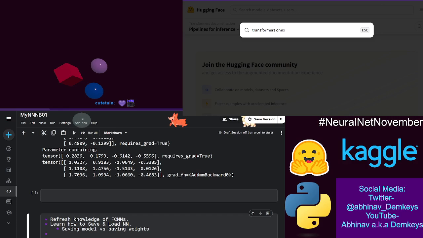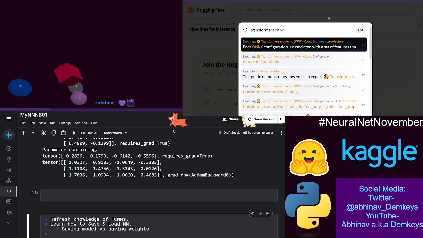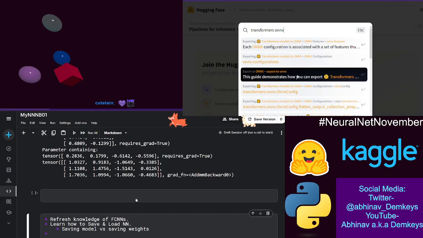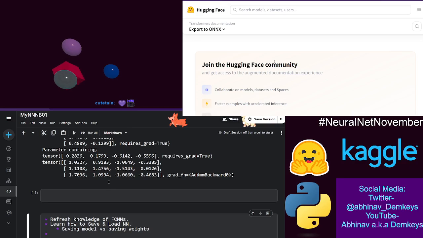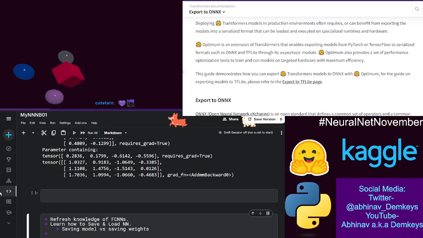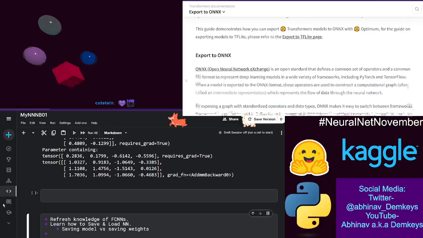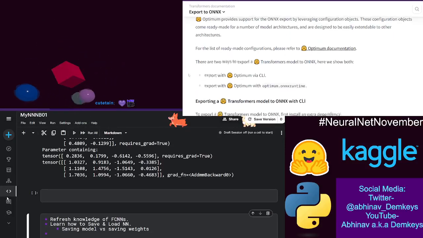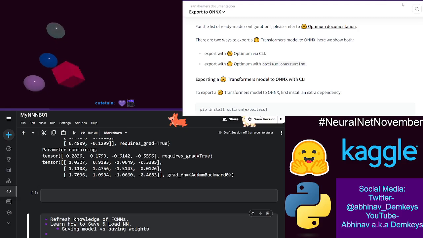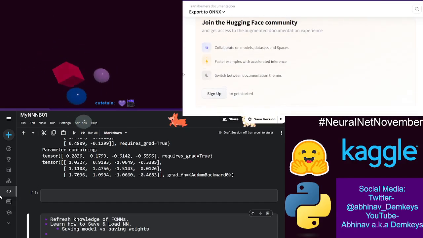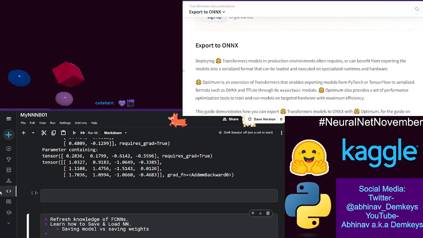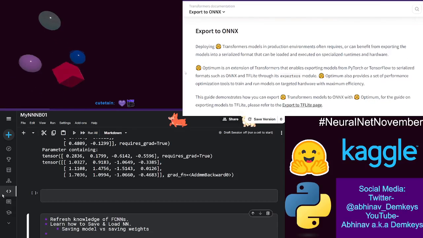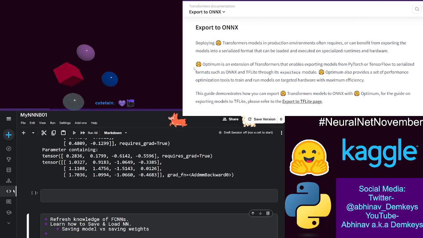Transformers ONNX. Export to ONNX. Okay. Was this the thing? Deploying? Yeah, okay. So what was the optimum? That's what it was called. It was called optimum. So Transformers has a thing called optimum that lets you export these models to the ONNX